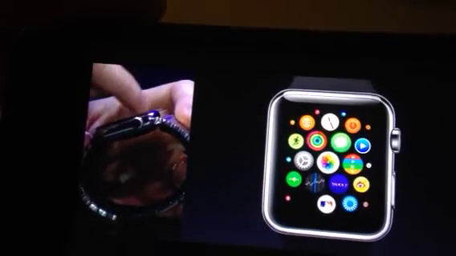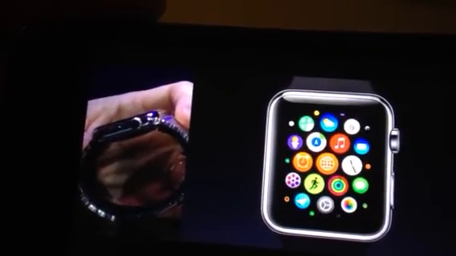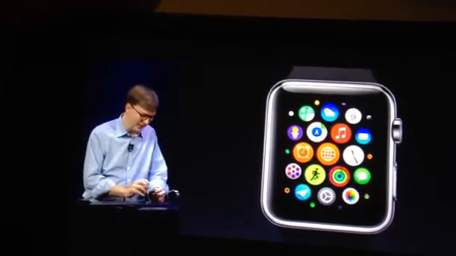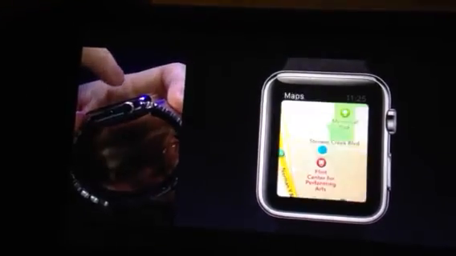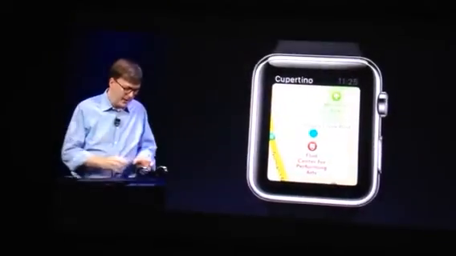One other app I'd like to show you is Maps, which is amazing to have a Maps application on such a little device. So let's tap on Maps here. Of course, it shows me where I'm at here at Flint Center, and I can pan around just